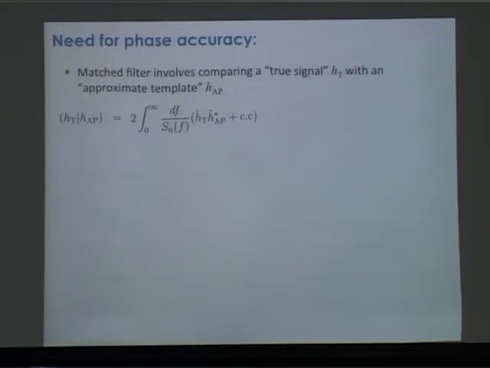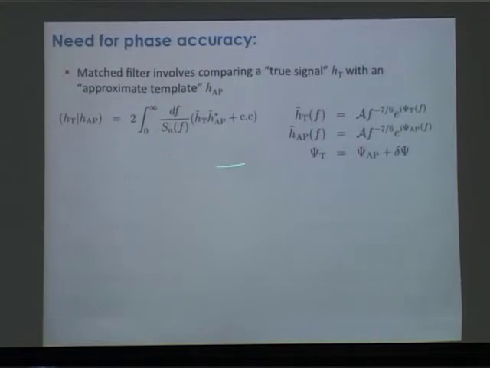You can think of this as just taking two vectors, your true signal and your approximate signal. Hopefully, if you choose your approximate signal well, these two vectors are aligned parallel, but if you choose really poorly, they're perpendicular and your dot product is going to be 0. So this dot product basically has this particular form, and we can investigate what happens in a very contrived and specific case.